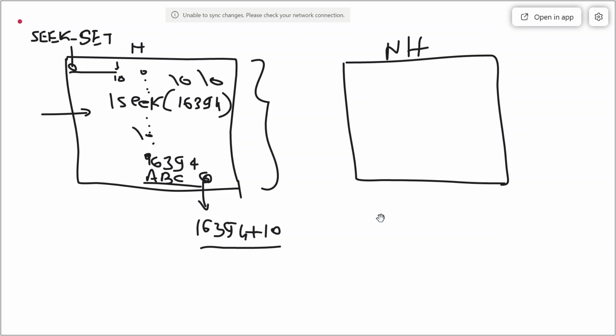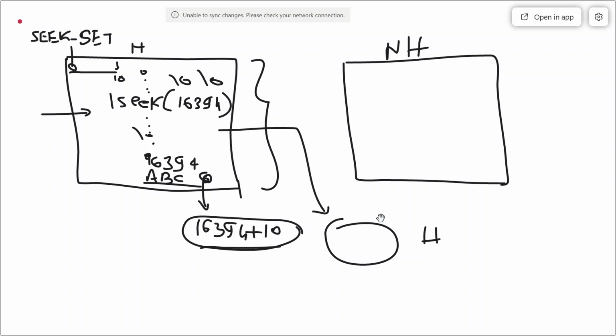However, as I stated, this hole is not going to occupy any disk block. Let's say this is my hard disk. On the hard disk, this is not going to occupy any block.